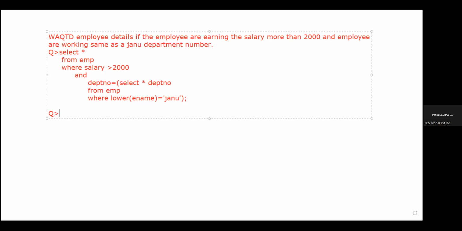Select star from EMP, then where the department number equals to, then select the department number from EMP where the lower of ename equals to 'Janu',